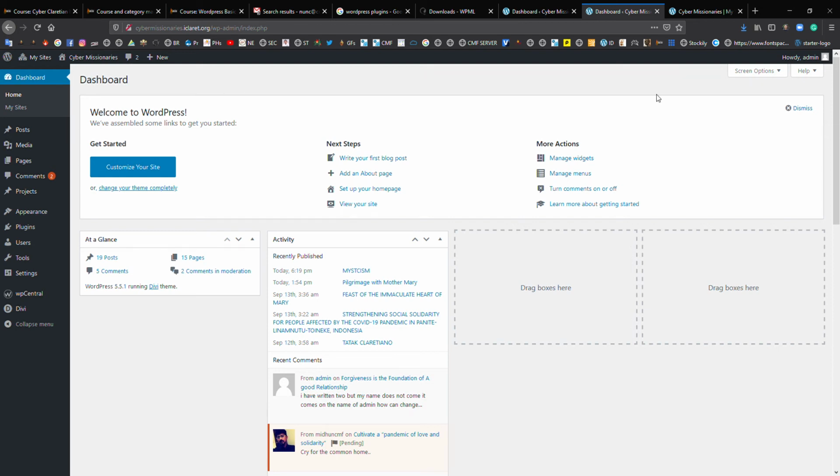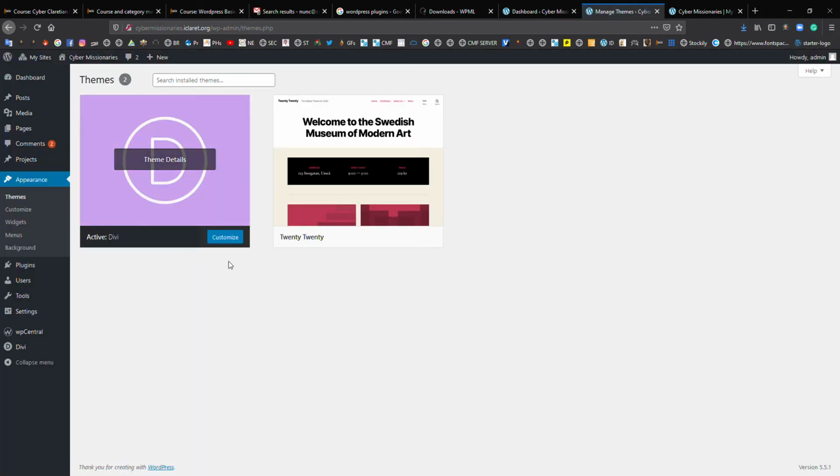This will be the way to design the whole front of the whole site. First you go to appearance and then to themes, then click customize,